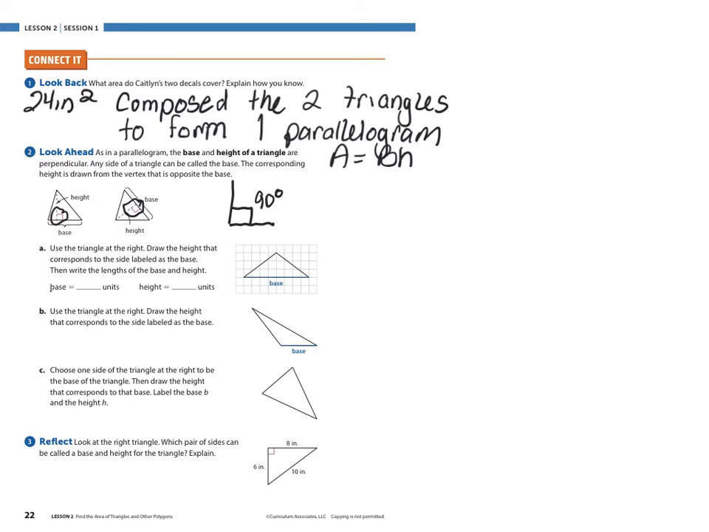Any side of a triangle can be the base. Well, can we take a triangle and turn it? Absolutely. These two triangles are the same, they're just turned. The corresponding, meaning the matching height, is drawn from the vertex that is opposite the base. So what that means is you go to